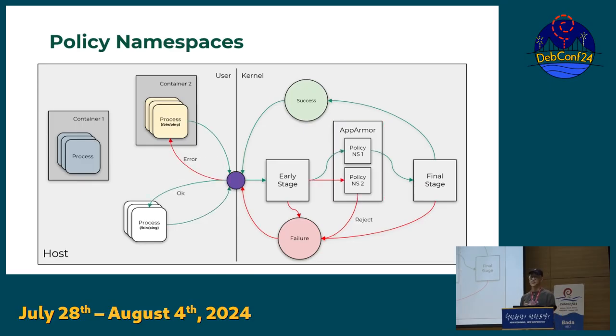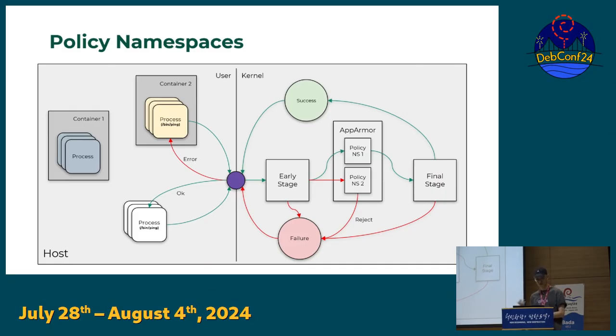But the difference is that you could use namespace 1 for running the ping process on the host, while using namespace 2 for the same program in containers. Therefore, the host process works properly as we expect, but a process in a container would be rejected